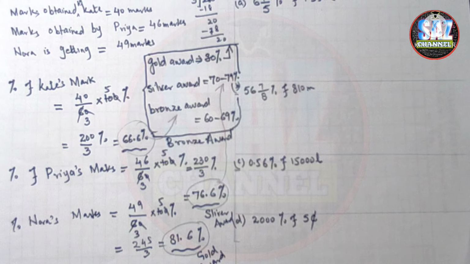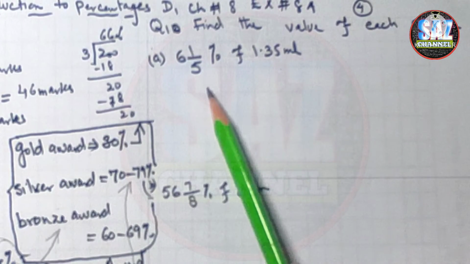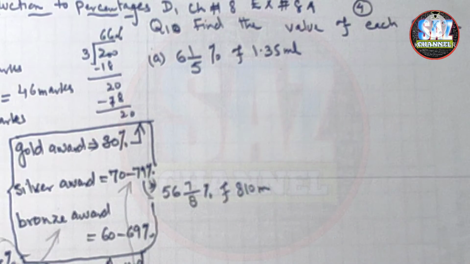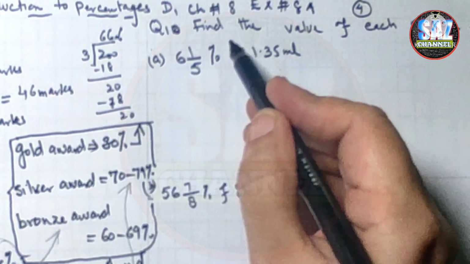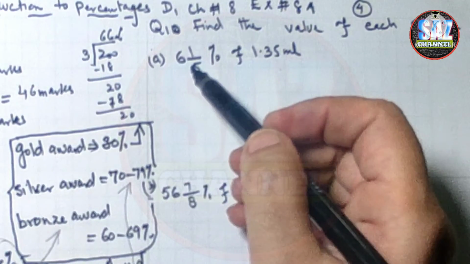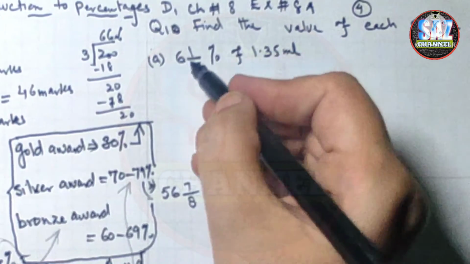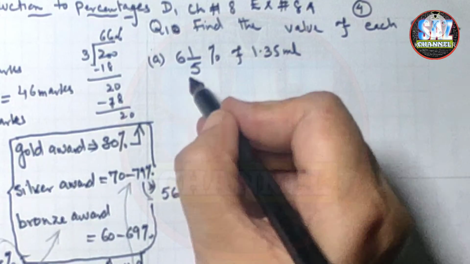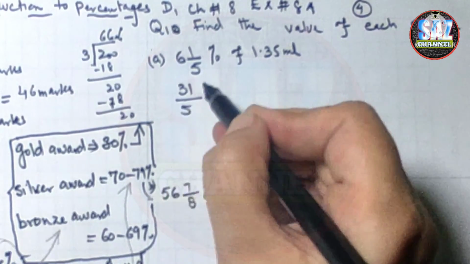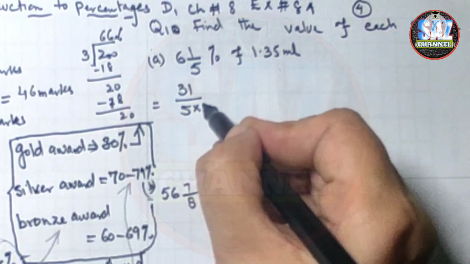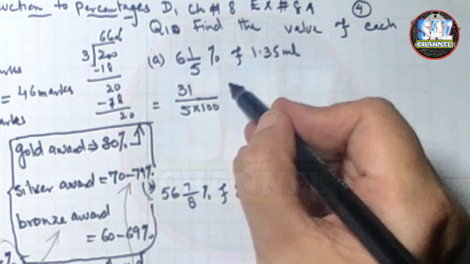And moving to the next question. The next question says find the value of each of the following: 6 whole 1 by 5% of 1.35 ml. So we have to find the percentage, and of means to multiply. First we have to turn this mixed number into an improper fraction. 6 5s are 30 plus 1, 31 by 5. And when we remove this percentage sign, what to do, students? We have to divide this by 100, and of means multiply